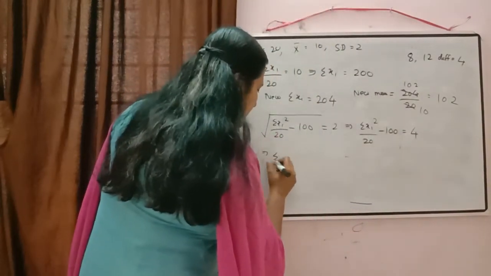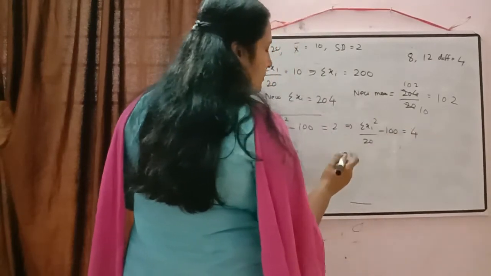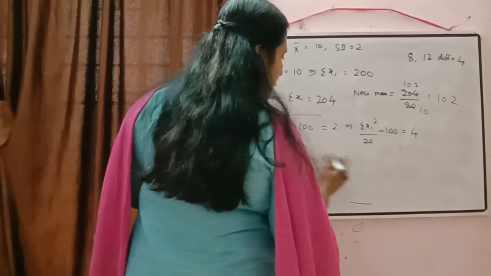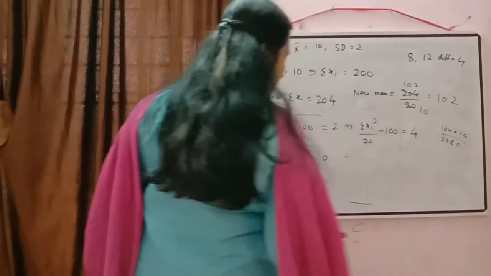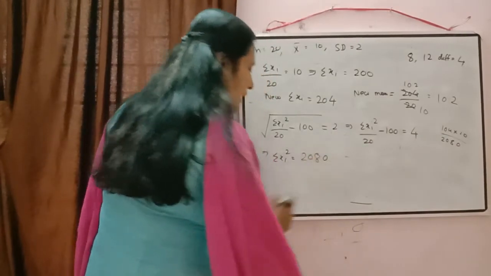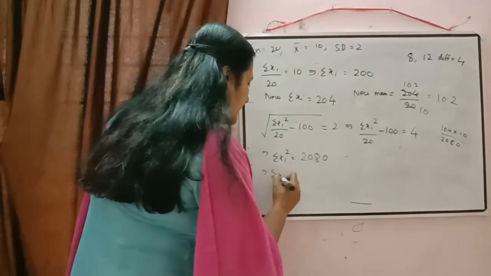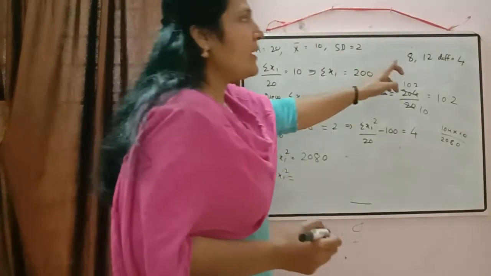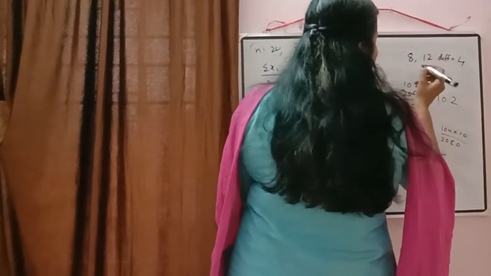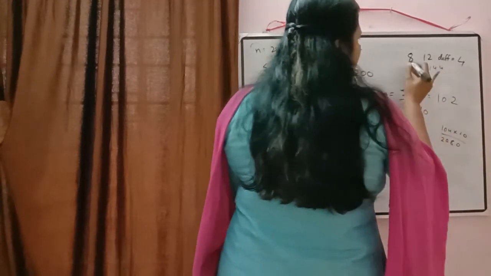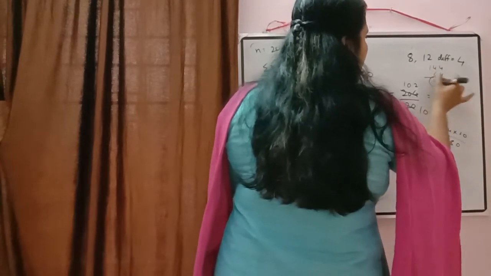4. So sigma xi square we calculated in the previous one also: 104 into 20. So it will be equal to 104 we got, into 20. 2 4s are 8, so 2080. So we got here 2080. Now in place of 8 square, what are we going to write now? 12 square. Just to check how much difference is there in their squares: 12 square is 144 and 8 square is 64. 144 minus 64 is 80, a difference of 80.